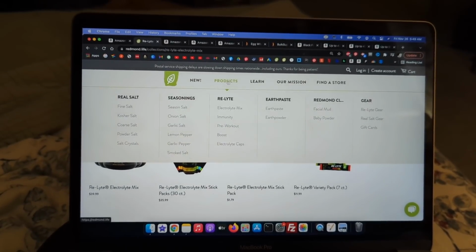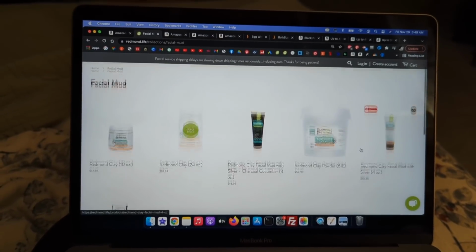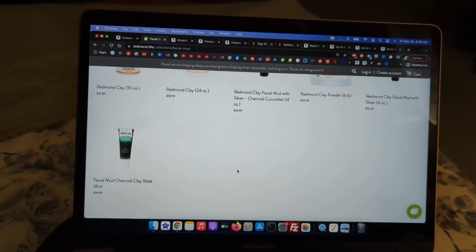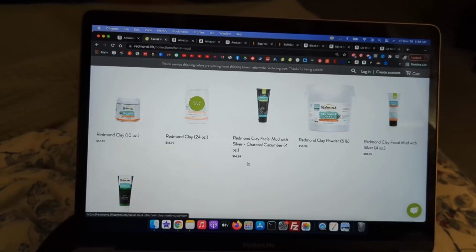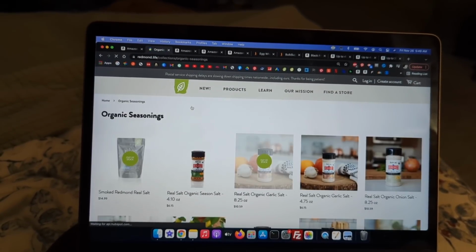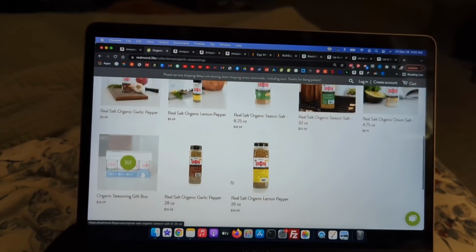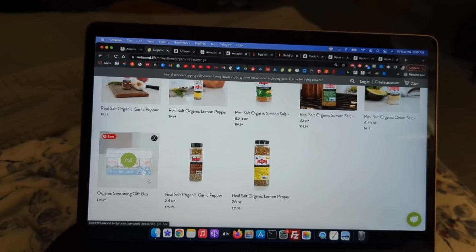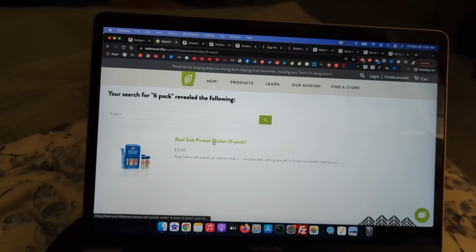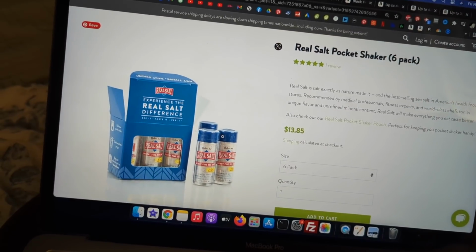Other stocking stuffers I thought of, not necessarily for kids, but if you're stuffing stockings for anybody else, some ladies in your life, I thought these clay masks would be a great thing to put in some stockings. I would love to get one of those in a stocking. Also, the seasonings, you could totally do some small things of seasoning in stockings if somebody in your life would enjoy that kind of thing. They have this little gift box, but it's out of stock right now, which I was bummed about because that would make a great Christmas gift. Okay, and this is another thing that would be cute for stocking stuffers, is these little tiny Redmond salt bottles,